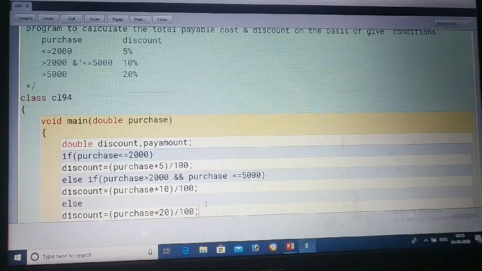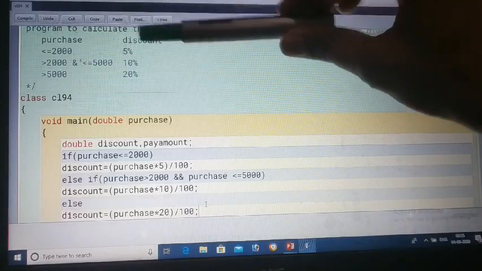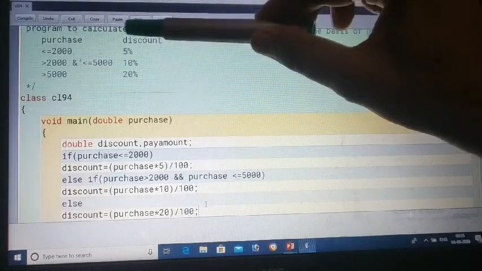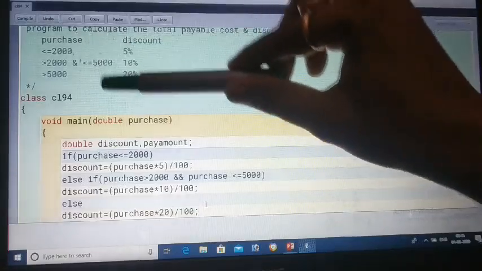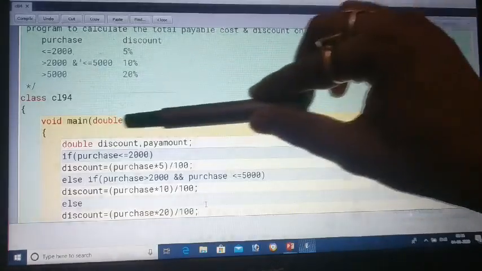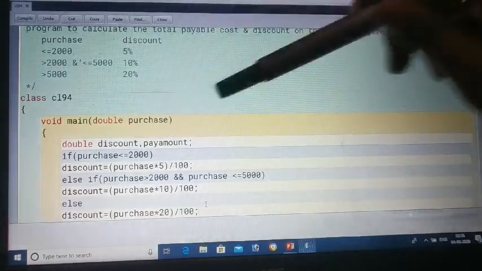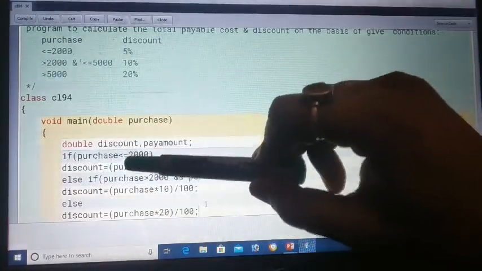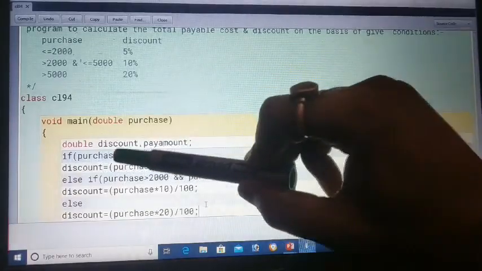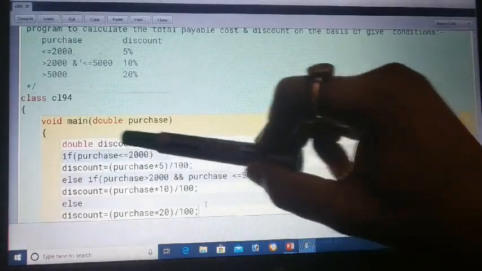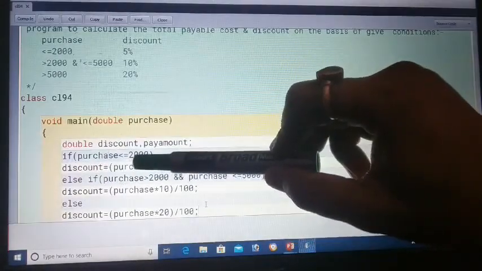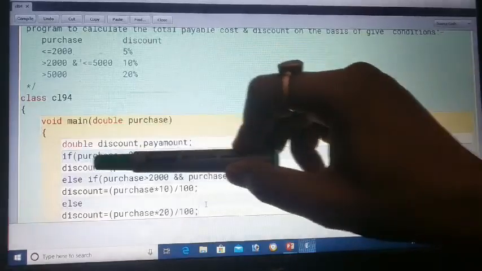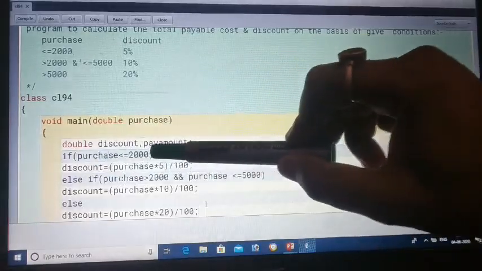So see what is happening. Now, suppose the purchase amount has been taken as 4,000. First the purchase amount is checked here. Is 4,000 less than or equal to 2,000?